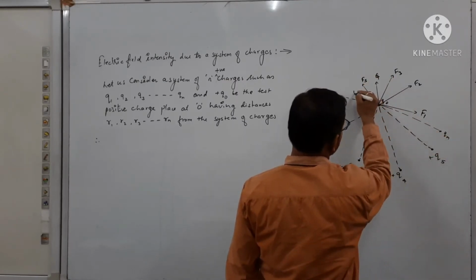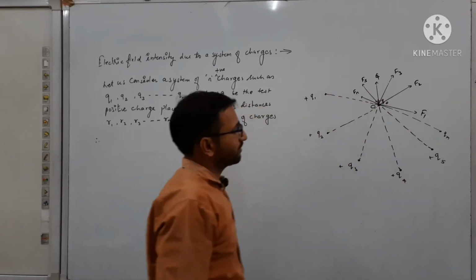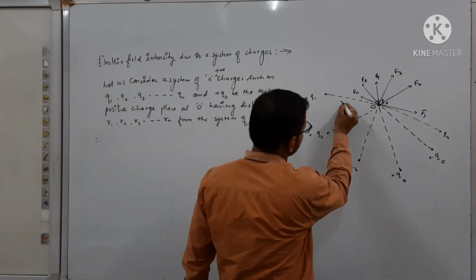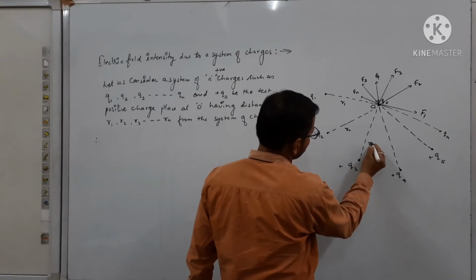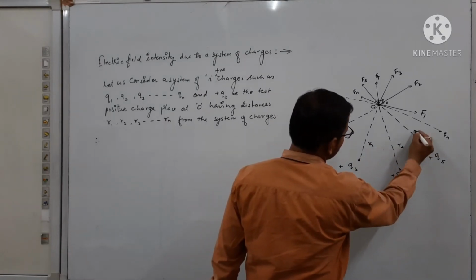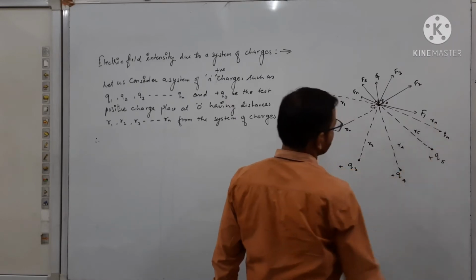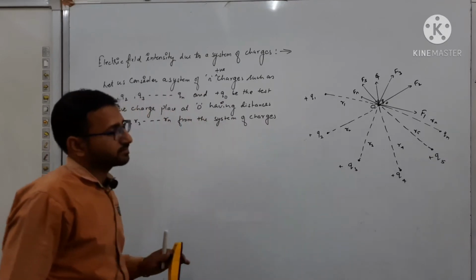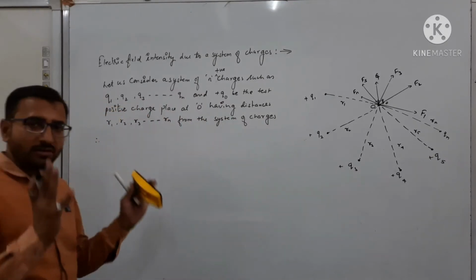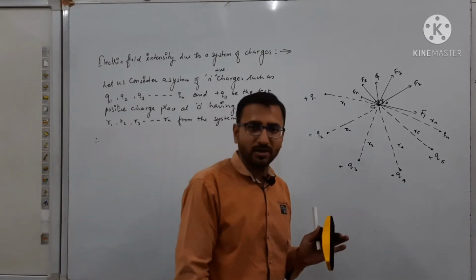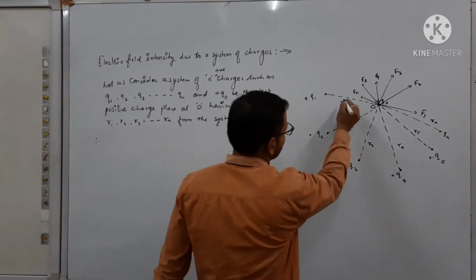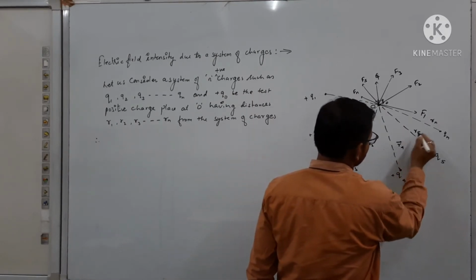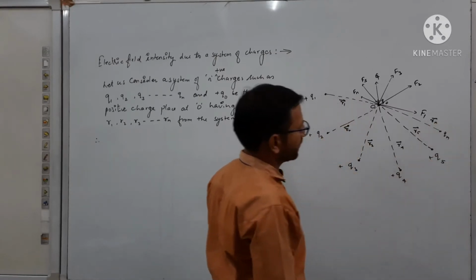And similarly, you want to extend the force, supposed to be Fn. And if we think about the direction, it is R1, R2, R3, R4, R5, Rn. And if we want to show the vector form, if we are thinking this system of charge is placed in a certain plane, xy plane or Cartesian plane, then if we want to show this position as a vector form, you can show that R1, R2, R3, Rn vector.